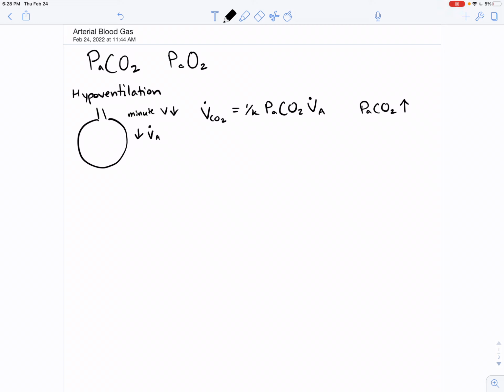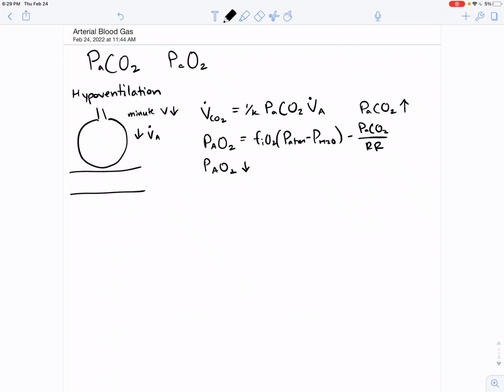And our oxygen, our PaO2, now remember that's also going to be related to our minute ventilation, right? If we have more ventilation, we're going to increase our arterial oxygen. And so we can say that our P-alveolar O2 is going to be equal to, remember our alveolar gas equation, basically related to our FiO2 times PATM minus PH2O minus PaCO2 divided by the respiratory rate. And so what we can see here is that if our PaCO2 goes up, then our P-alveolar O2 is going to go down. And if we have a preserved AA gradient, which means that the gradient between our alveolar big A oxygen and our arterial little a oxygen is preserved,